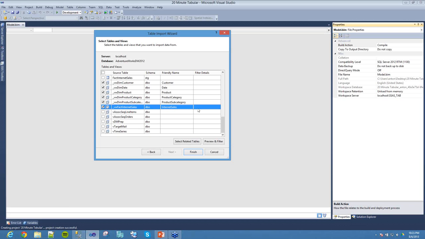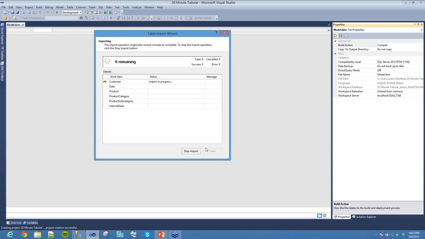So you might want to filter your fact tables so that you're only bringing in a small amount of data. It just kind of makes the process go faster. You're not waiting as long in between the creation of different objects. You'll see what I mean once we get there. So now I'm going to hit finish, and this basically imports all the data into that workspace server. So I'm going to close this,